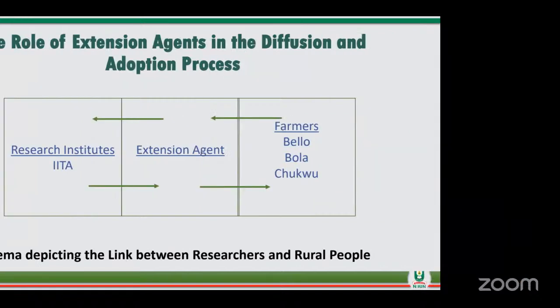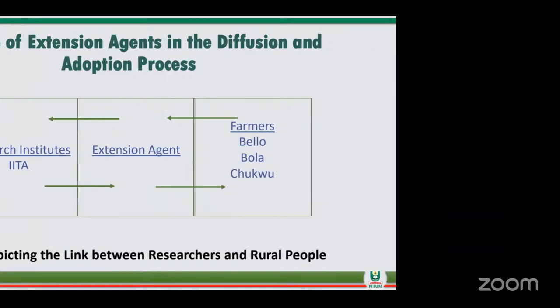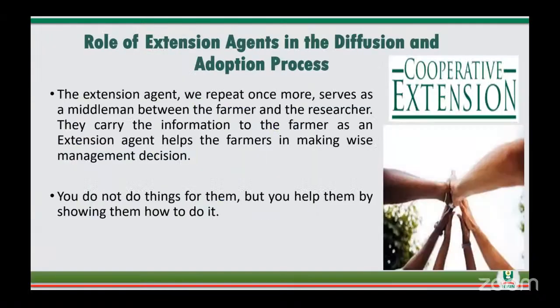He's a link between farmer and researcher. He takes information to the farmer, and extension helps the farmer make wise management decisions. You do not do it for them. This is when you are an extension agent: you do not do things for them, but you help them by showing them how to. If you're doing it for them, they will count on you, and that is not what we want to achieve. You work with them. Now, crop farming in the